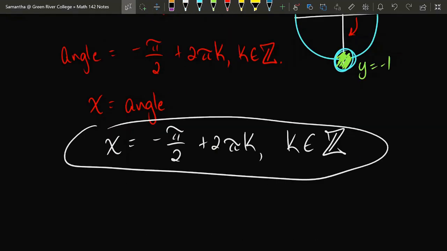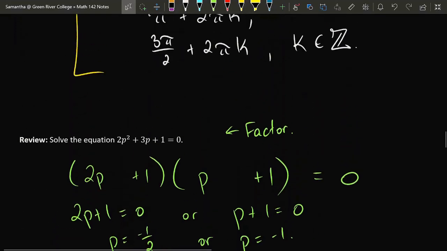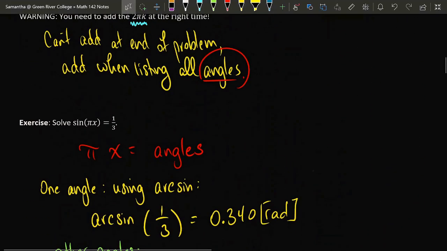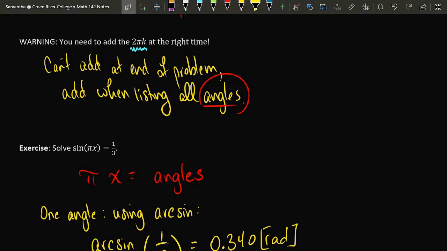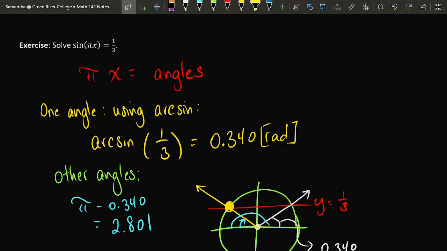That concludes today's material. Today we talked about solving trig equations of a slightly more complicated flavor. The first complication that we introduced was the possibility that the quantity that was being plugged into your trig function was equal to something more complicated than just x. In all cases, the quantity that is inside of sine, the quantity that is inside of cosine, is what is equal to the angles that you're looking for in the problem.